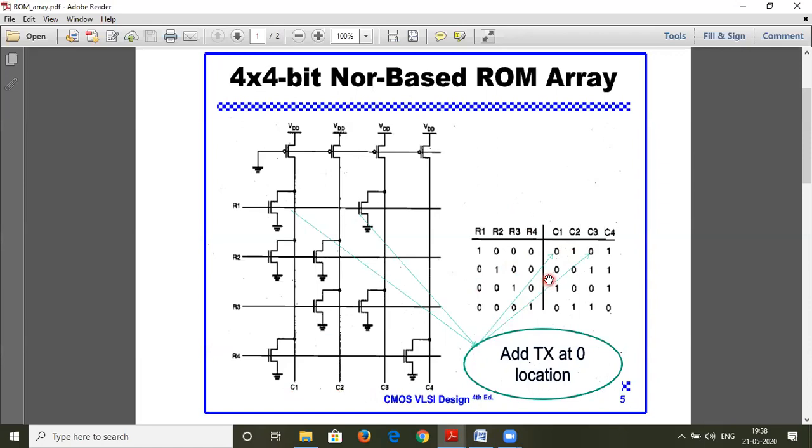So what happens is if you have the data that is 0 over here, in C1 place, 0, 1, 0, 1. So wherever there is a 0, you have to add an NMOS transistor to it like this. So that's how it has been done. So here it is added, and the C3 position also it is added. Similarly, in the